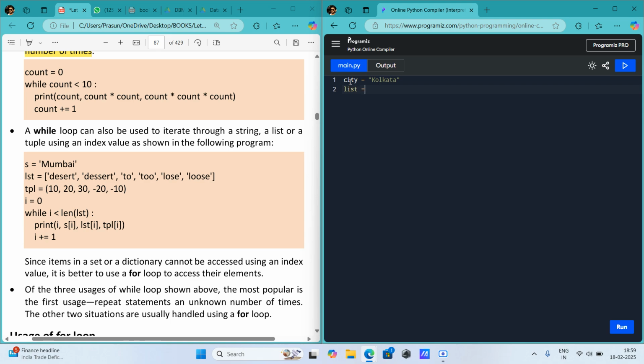List. I think I have gone through some similar kind of code before. Anyways, so in the list, I will mention the famous monuments in Kolkata, or the famous places in Kolkata: Howrah Bridge,